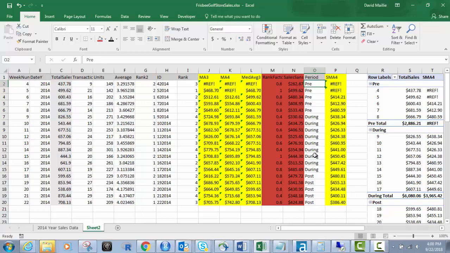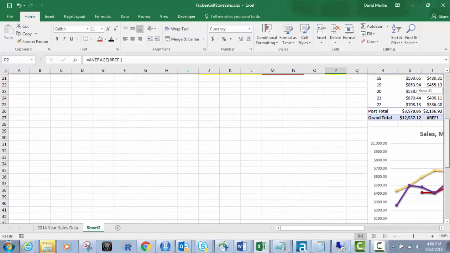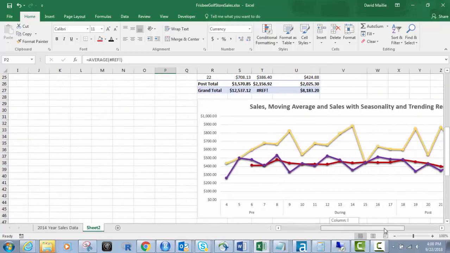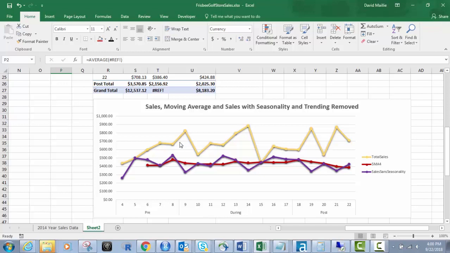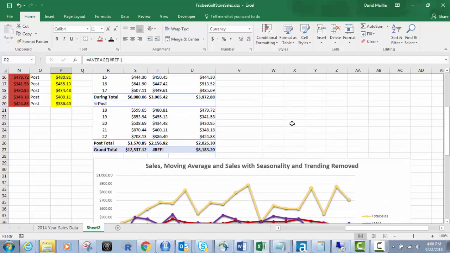I also showed you we have this period of pre, during, and post, and then we also created a moving average built off the new deseasonalized data. So if I had left in this one, the MA4, you saw that was too high, and that would not have been correct necessarily. I left it in there to show the difference, but the MA4 one was higher because it was built off of the original data. So then in this video we covered the pivot tables and charts, and I showed you,